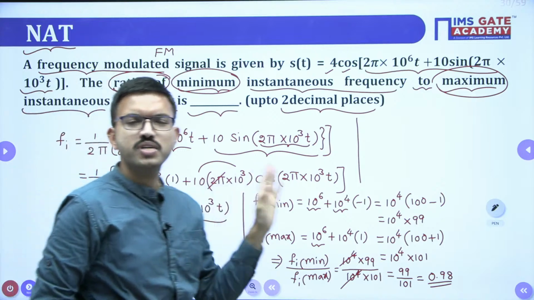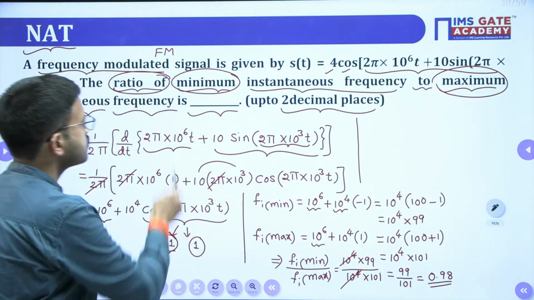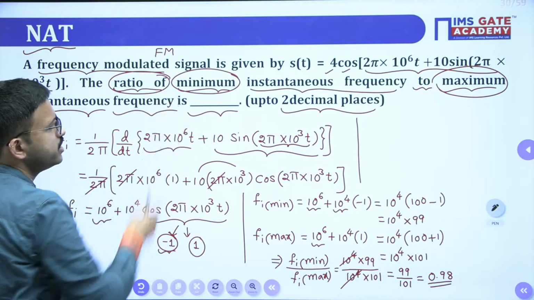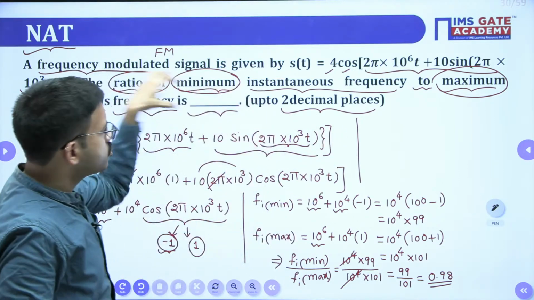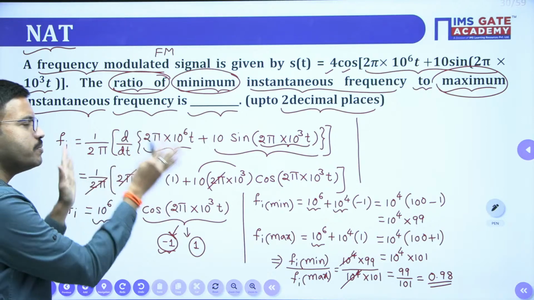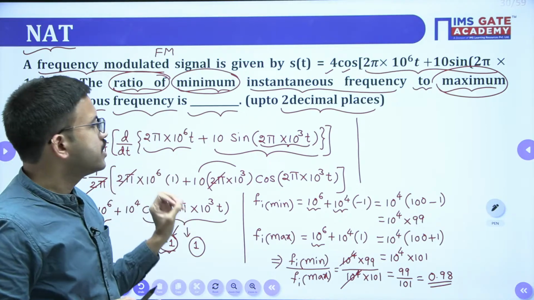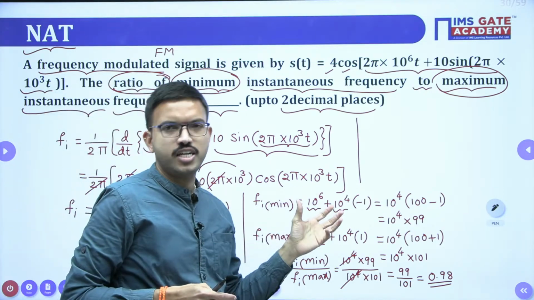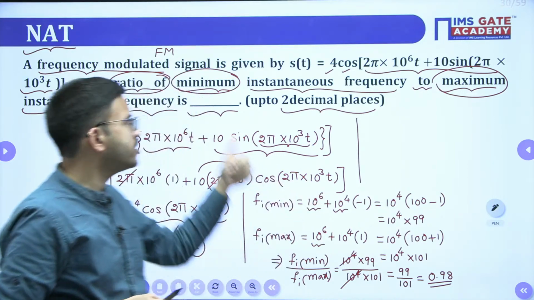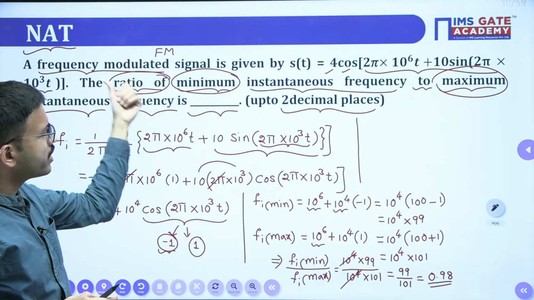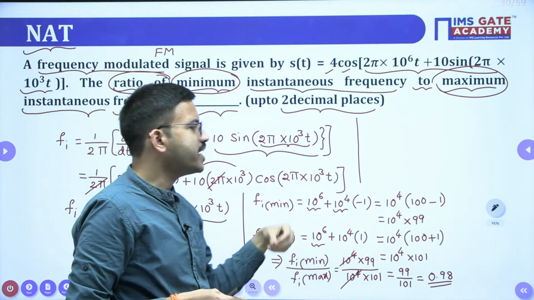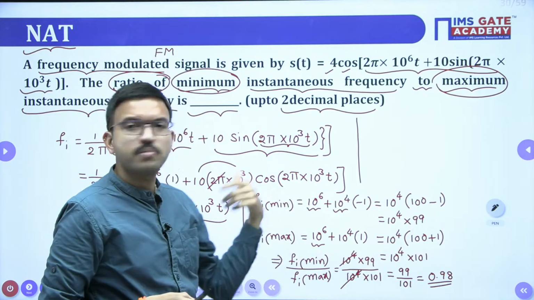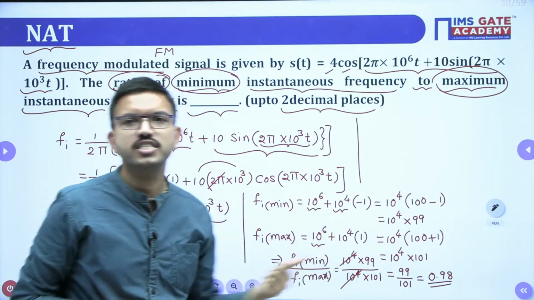There is no negative marking for NAT, but read the question carefully so that you catch the main keywords. If you are able to catch those keywords, you might be good at the concept, but if you answer differently based on your own understanding, not according to the exam or the question pattern, then you won't get the marks for that question. So that is very important.